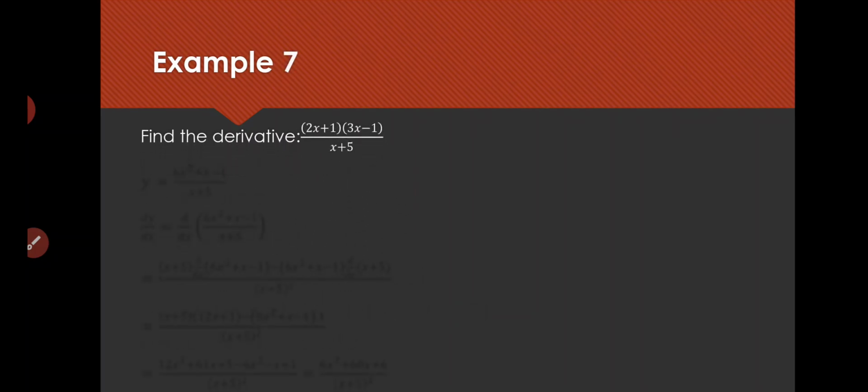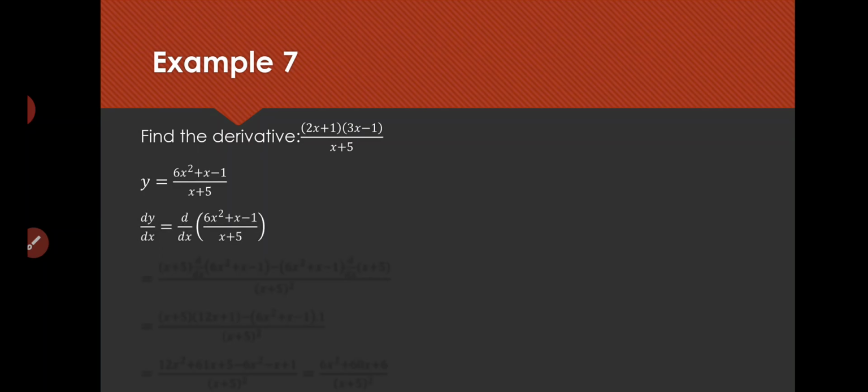Now this is a case of division. So we have to make use of the division rule of derivative. Before we begin with the division rule, let me first multiply the numerator, because we don't want to keep too many terms. If we keep too many terms, we will have to do more derivatives, which we don't want. We don't want that many extra calculations. So therefore I just multiplied the numerator to keep it simple.